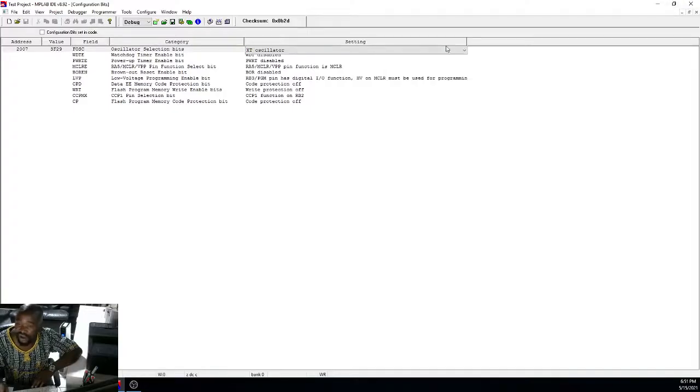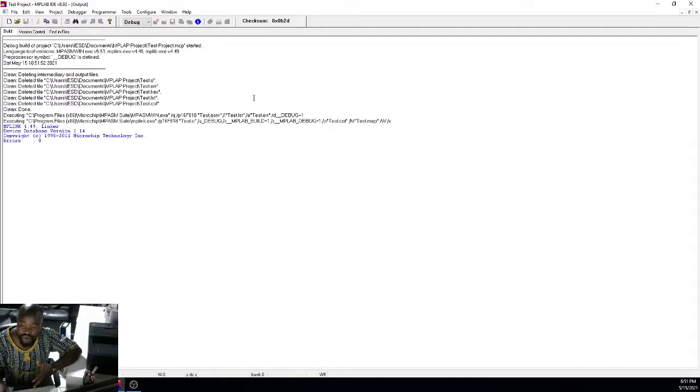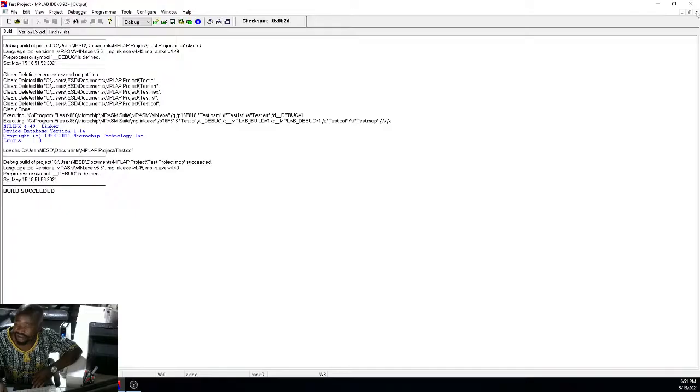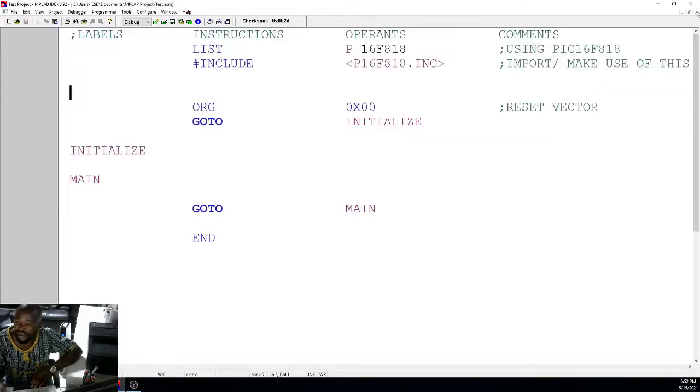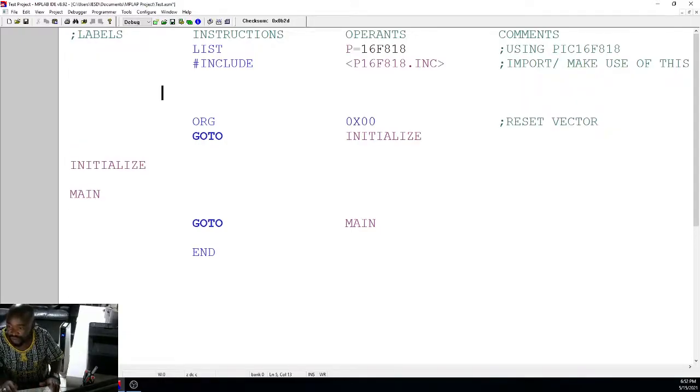is 3F29. We can either build our project after setting this to update our configuration bits, but the best practice, which I will advise you to do, is to have these settings in the code, meaning you need to use this value in your program so that you don't really have to come back and set up the configuration bit. So to do that in a program, we use the instruction _config, and as a hexadecimal value 3F29